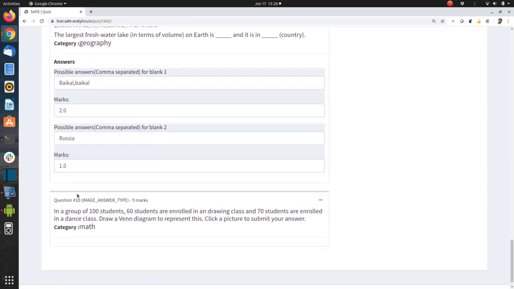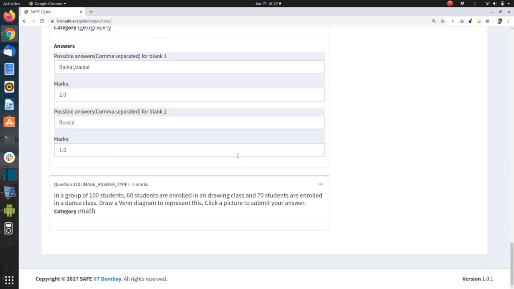And then finally, we have the support for subjective questions, whereby you ask the student to answer on paper like a regular exam. However, the student will finally take a snap of the answer and submit. So for example, in this question, the student is asked to draw a particular diagram and click a picture of it to submit the answer. So we can see how it works from the student interface also shortly.